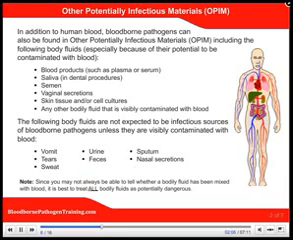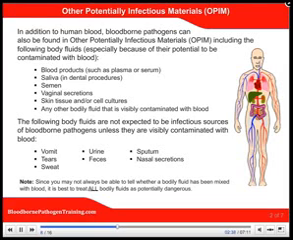Other potentially infectious materials. In addition to human blood, blood-borne pathogens can also be found in other potentially infectious materials, including the following body fluids, especially because of their potential to be contaminated with blood: blood products, such as plasma or serum, saliva in dental procedures, semen, vaginal secretions, skin tissue and/or cell cultures, any other bodily fluid that is